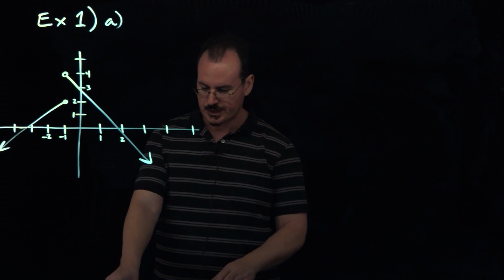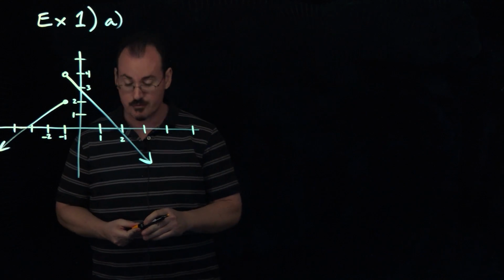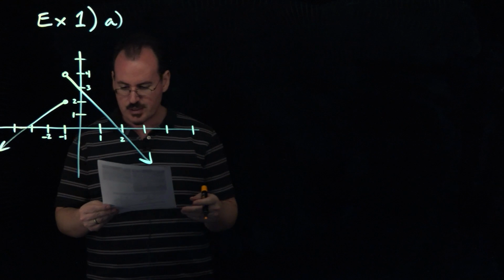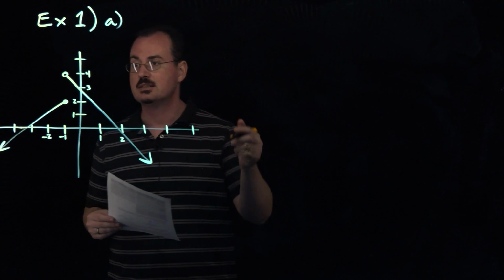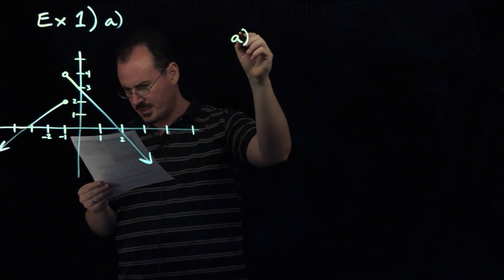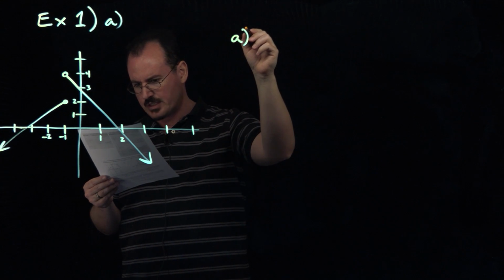Okay, we're doing section 3.2, example 1, part A, and I've already graphed the function that you see on the worksheet there. So we have to do 5 things for this example. We have to find the limit, or find f of a if it exists. So for part A here, find all values x equals a where the function is